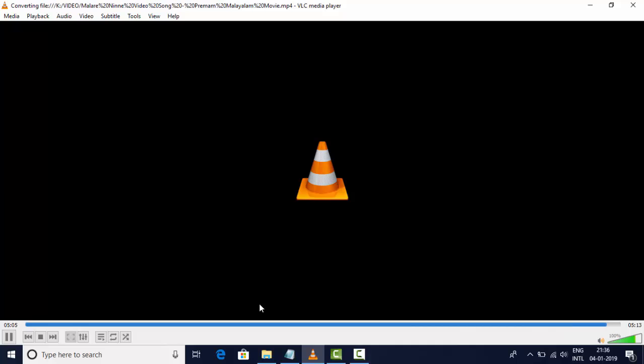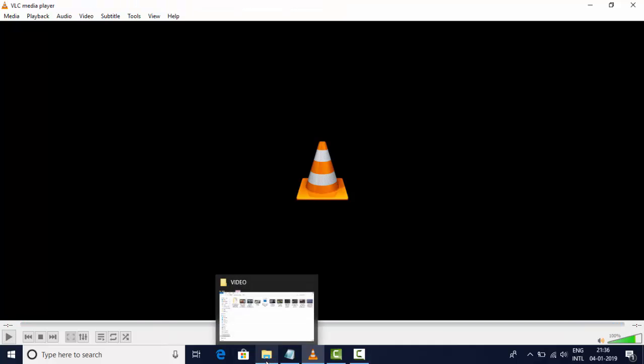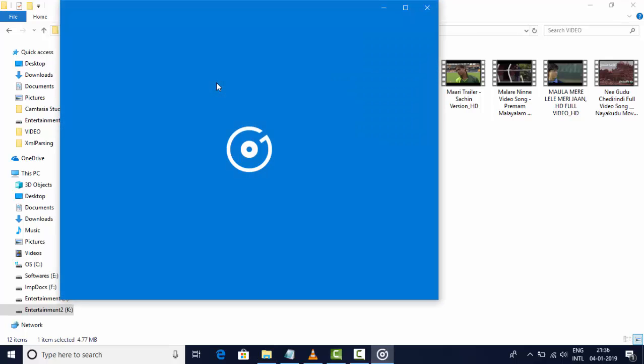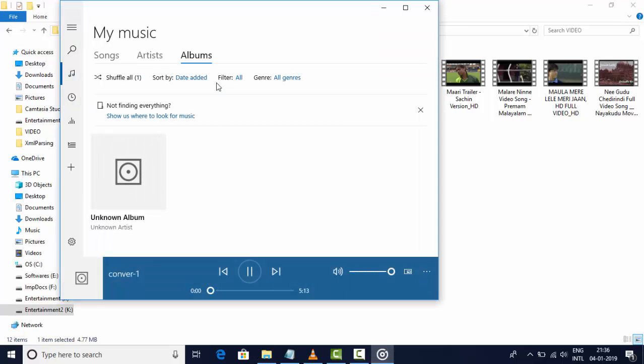So yeah, it's working now. You can see it might have been completed. Just go to that particular location and see. Now you can see the file got saved, 4.77 MB, so it should be completed. Just play it once to verify. Okay, now you can see it's been playing properly. So that's how